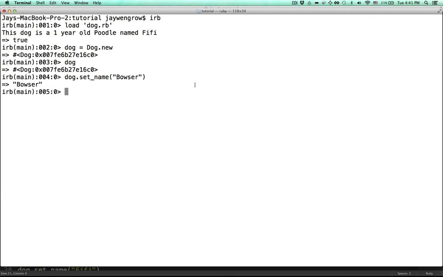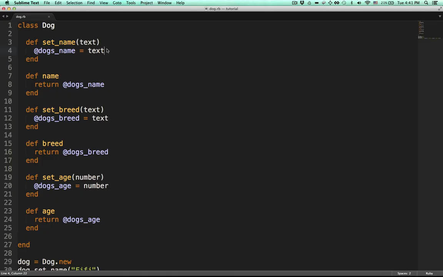Interestingly, we can see that this method indeed returned something. It returned the string Bowser. How did that happen if we never actually told the setName method to return anything? And the answer is that in Ruby, if you create an instance method and you don't mention the word return anywhere in the method, by default,